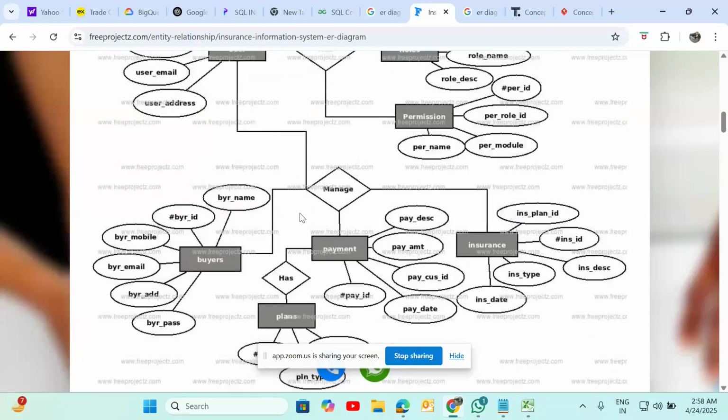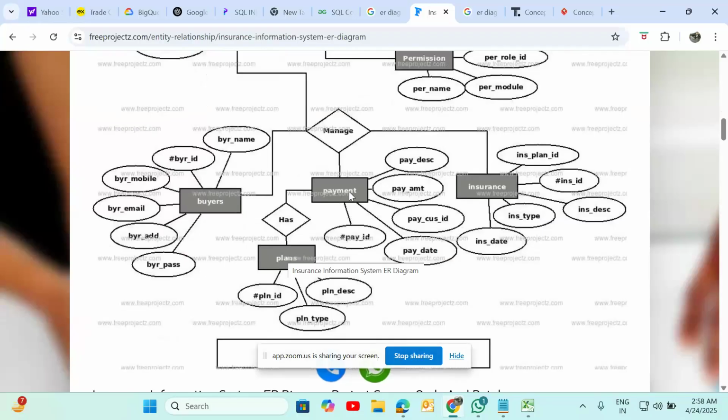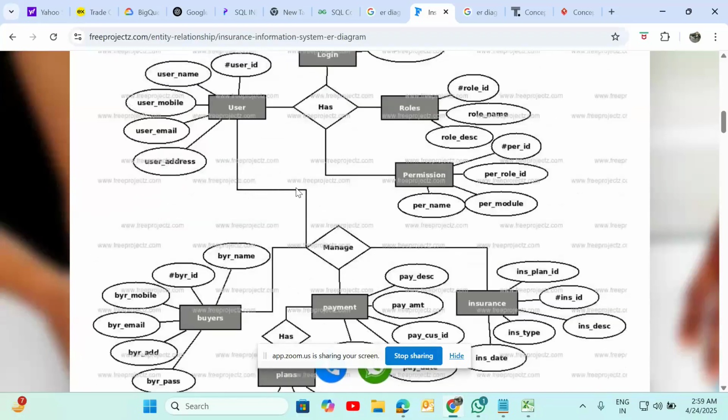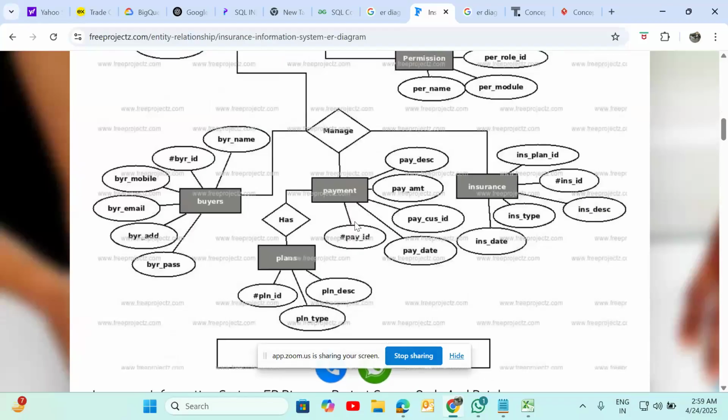Year wise, plan wise, insurance wise, buyers wise, payment details required. This is my database, this is my business. Particular payment wise, insurance wise, plan wise, buyer wise.